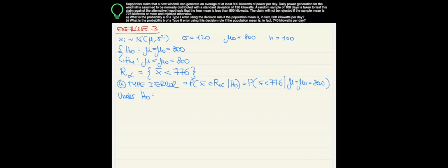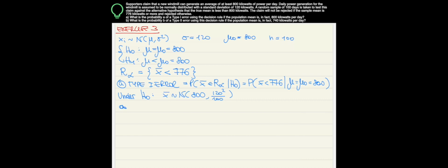Under H0, X bar is the sample mean of a normally distributed population, so it's going to be normally distributed with mean 800 and variance 120 squared over the number of samples, right? So we will call